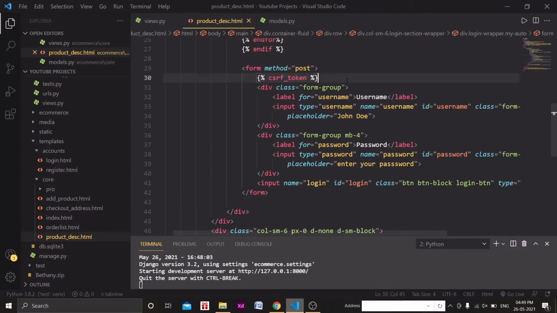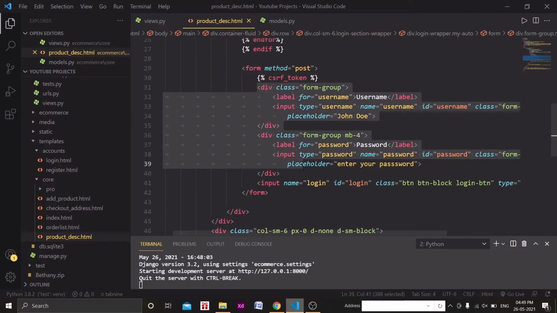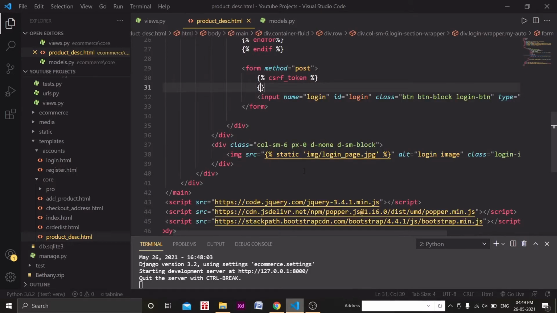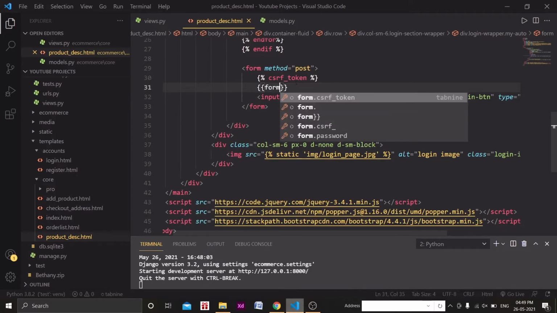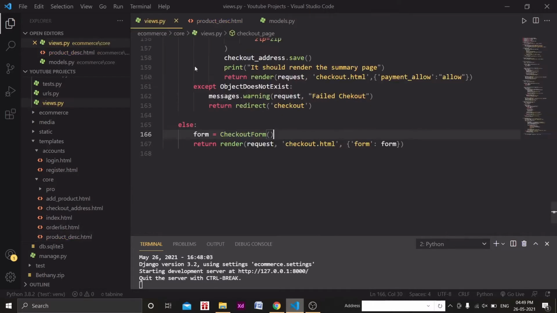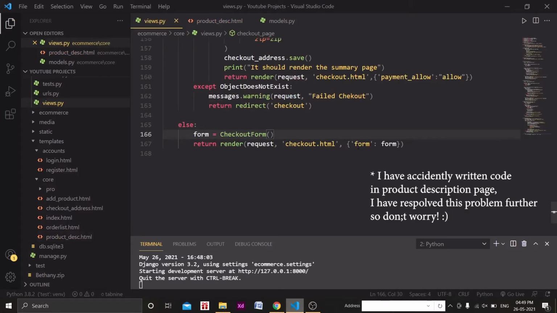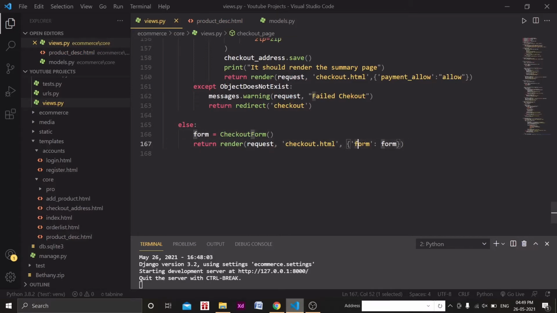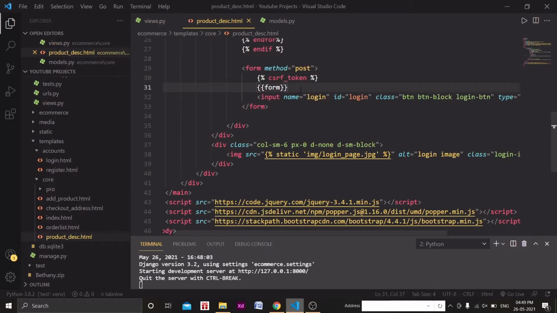Okay, so CSRF token, we want this div. Let's remove all these things, and we will simply write form here. The variable, the context dictionary that we have passed, we need to grab this value. So we can grab this value by writing form here in the template tagging method.